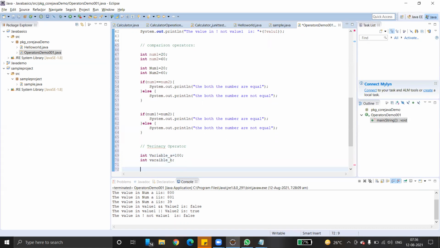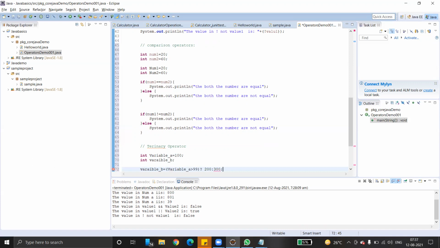Now we are comparing: variable_b equals variable_a greater than 99, question mark, here we will assign 200, and then 300.